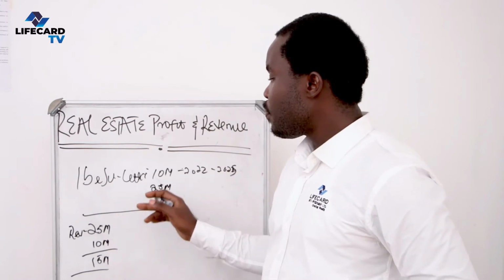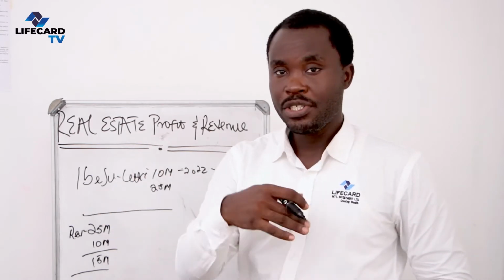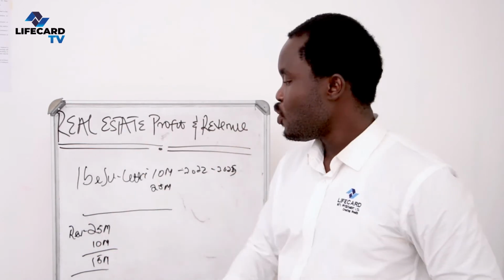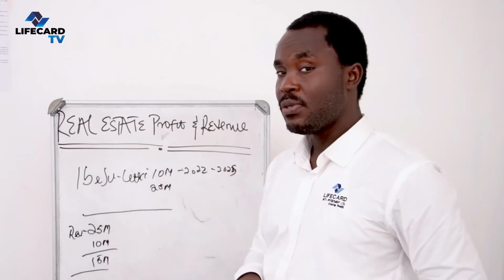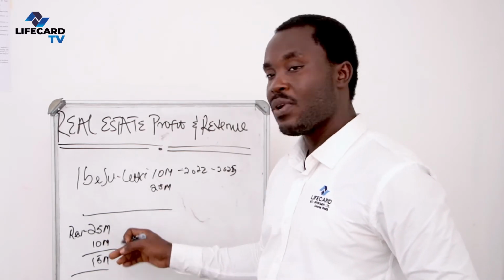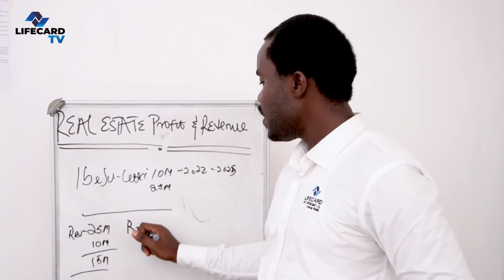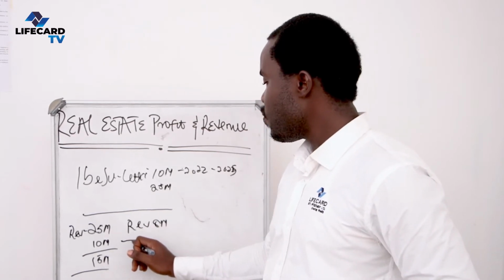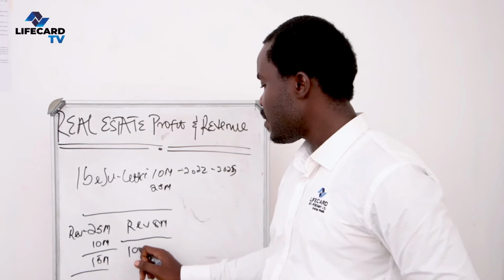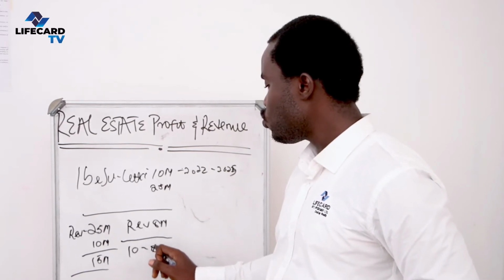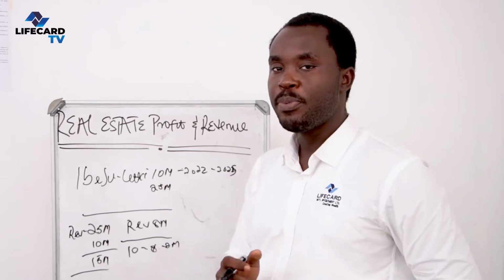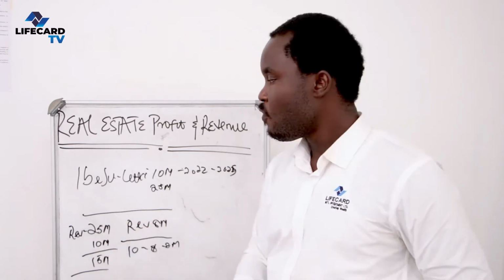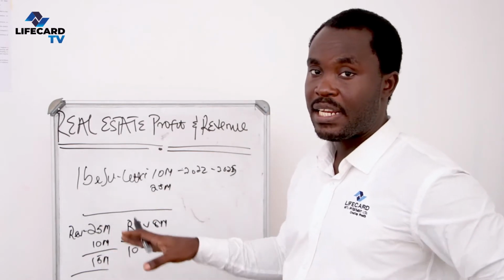Also, if you bought the same property for 10 million in a bad location and you realize that the property did not appreciate over time, then you tend to sell it. So let's just assume you bought the same property for 10 million and then you sold it for 8 million. So your revenue is 8 million. In this case, if you do the mathematics like we did, 10 million minus 8 million, you lost 2 million. So you didn't profit, you lost. So this is revenue, profit and loss for land, and let's say we're doing land banking.